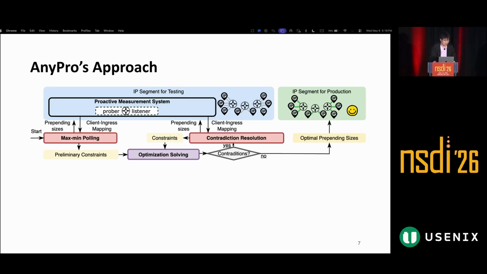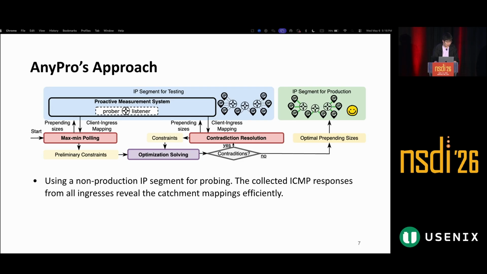So AnyPro is designed with this formulation. Apart from the production IP segment in the top right hand, we have an IP segment for testing instead, but using exactly the same infrastructure from the company. This IP segment is used purely for probing and testing purposes.